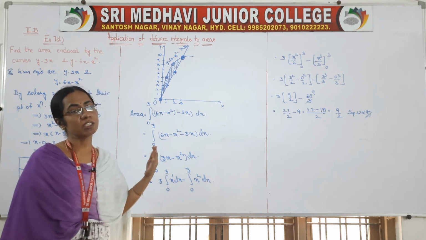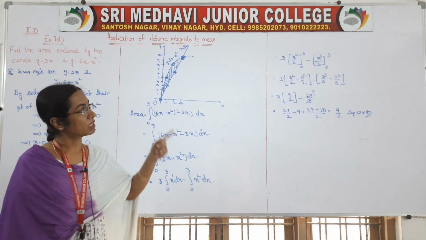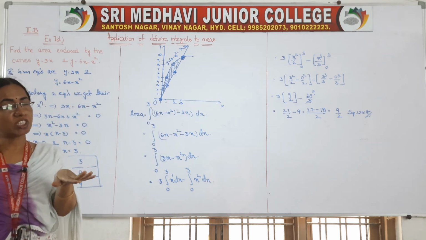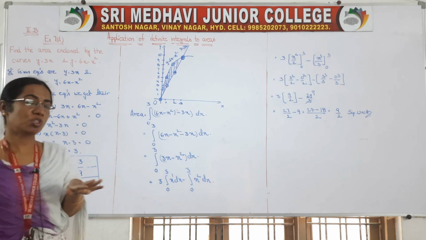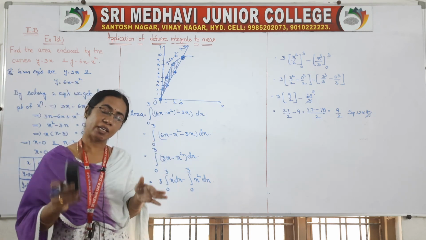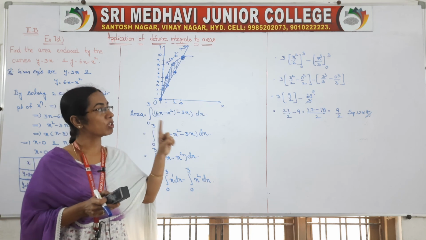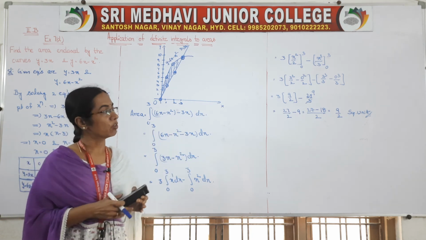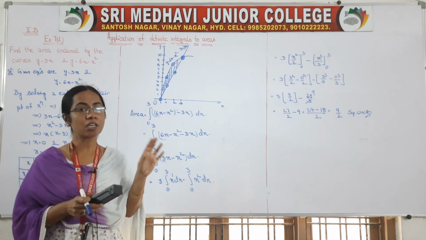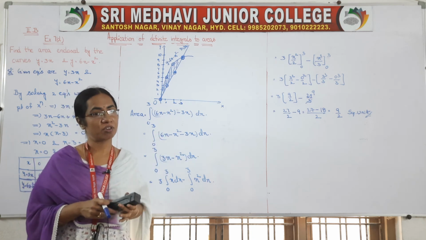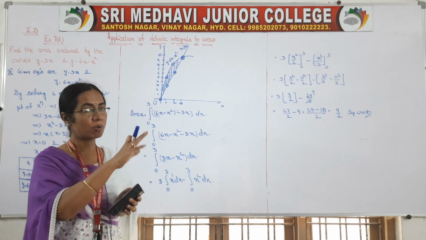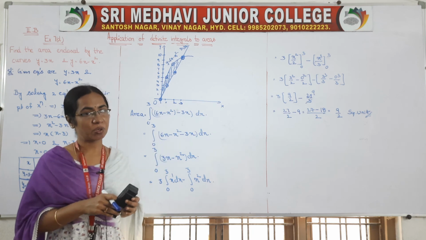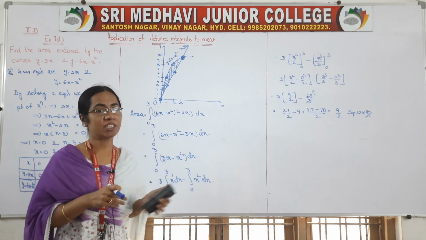Integral of x to the power of n is x to the power of n plus 1 by n plus 1. Substitute the limits. First substitute the upper limit wherever x is there in that equation, minus the given equation with the lower limit substituted wherever x is there, and simplify. You will get your area. Area units are square units, so write square units. Don't forget, for each and every problem in this area chapter, at the end you have to write square units. So be clear with the concept.